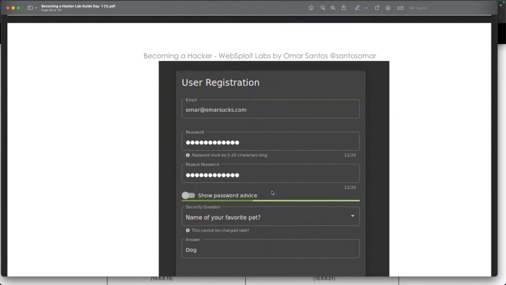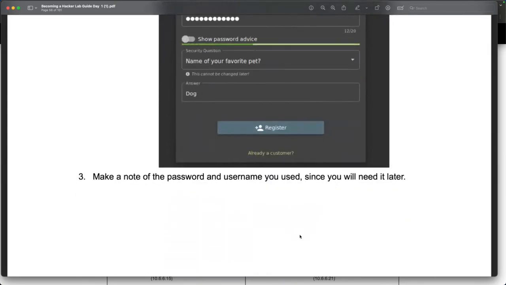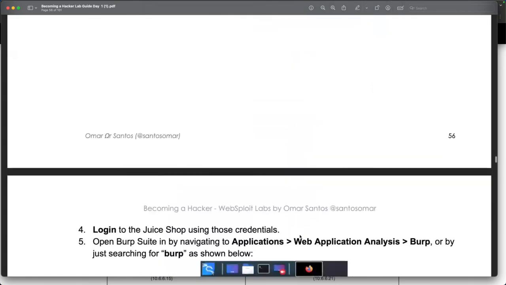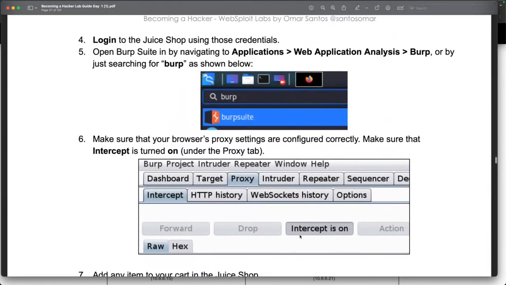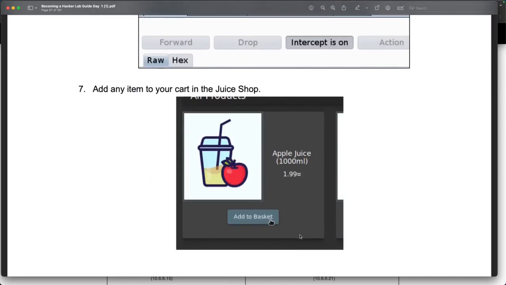But you can put anything. You can put evil at phone.com, and then some password, and then some answer for your security question. Then just create a user. Why? Because you're going to mimic what a user is doing in an application, and then intercepting the transactions, adding things